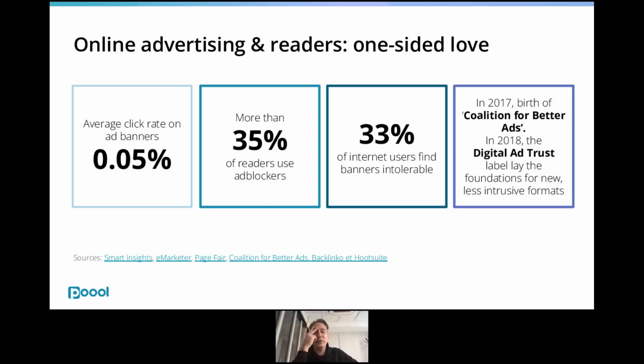But if we just don't think about the performance, we've got different factors impacting the monetization. 35% is a big number because this is the percentage of readers that are using ad blockers. We know that, but that's getting bigger. And there is another reaction from users about not liking ads. Maybe we did too many ads, too many intrusive ads. We know that, but that was a world of supply, more money. And that's why there have been some initiatives from the industry to provide better ad experiences, which means it was pretty bad.